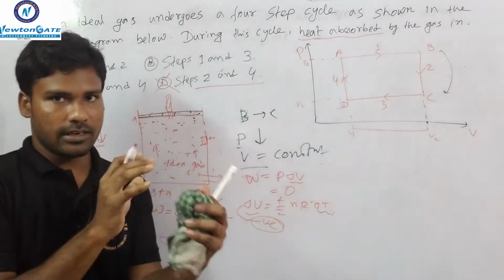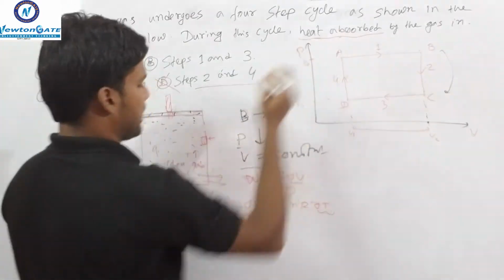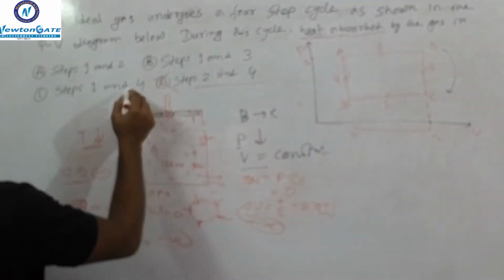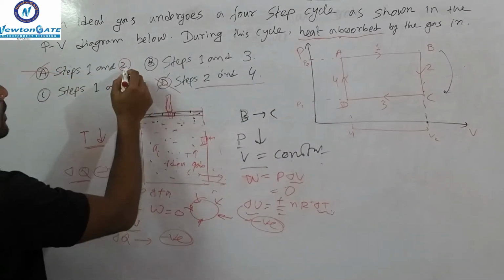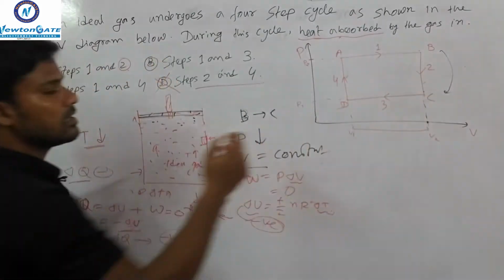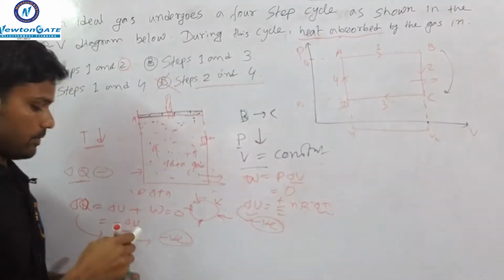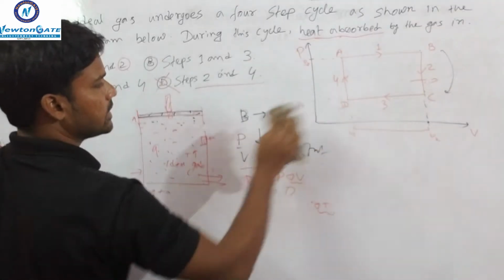So in this process, the gas is not absorbing heat, it is rejecting heat. So option number 2, look at this option, will not be correct. Step 1 is right, but in step 2 heat is rejected by the gas, not absorbed by the gas. Okay. Now just try step 3 yourself,